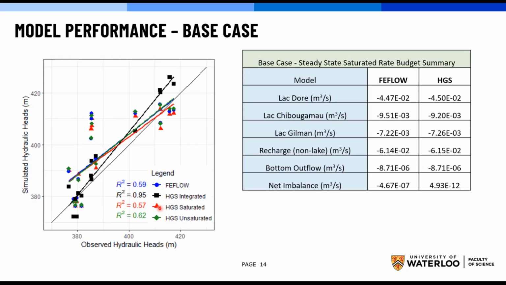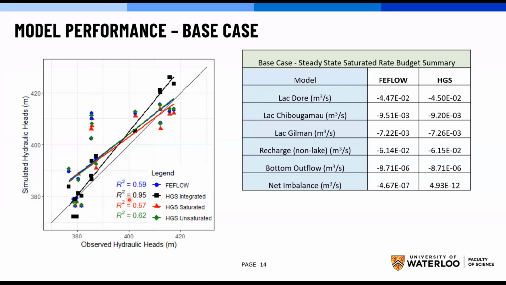When we included that unsaturated zone, we see our R-squared value go up marginally to about 0.62. But what was really interesting is when we included the surface, our R-squared went up to 0.95. And I will say that this is something that I think Adam checked many, many times over to make sure that this was actually the value that came out, because we were quite surprised with how good of a match